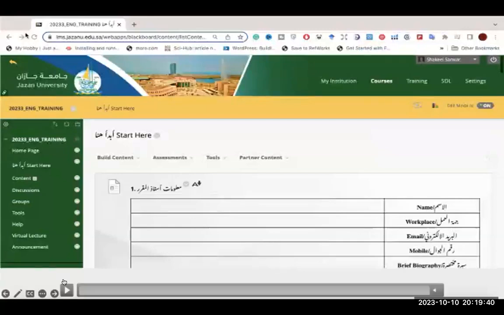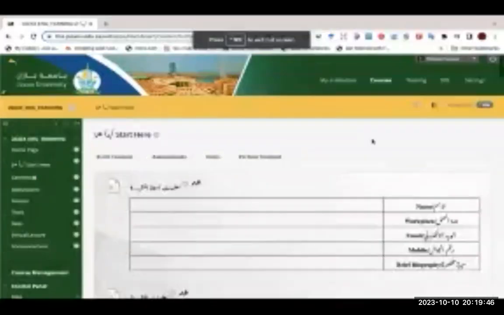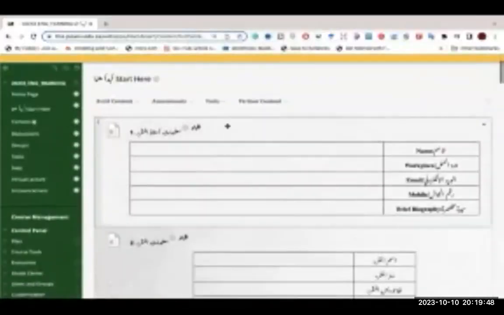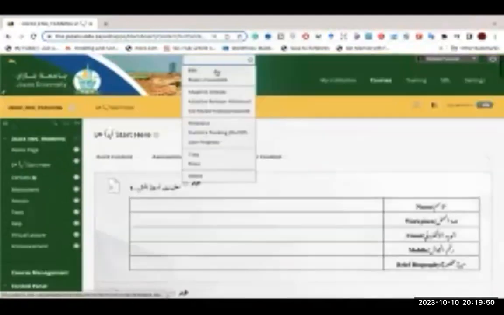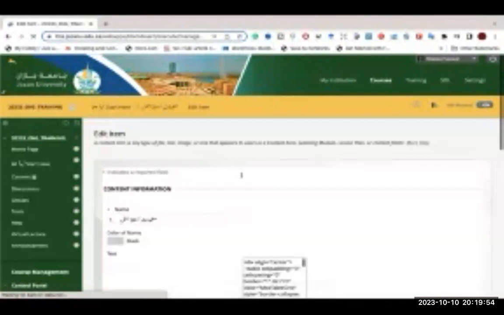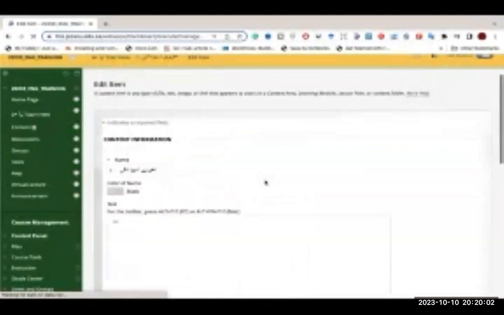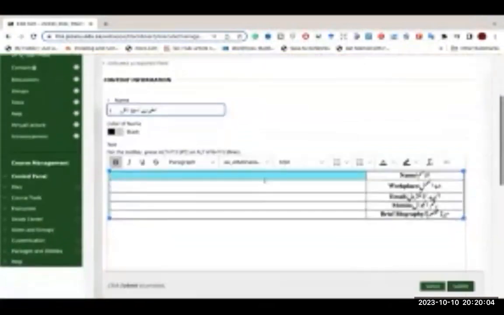So here is a short video on how you can edit this one. You simply click on start here, and here you can find a form in front of you. In every heading, you can have a small ellipsis, a drop down menu. You just need to click on that one and click on edit, and all the information would be available in